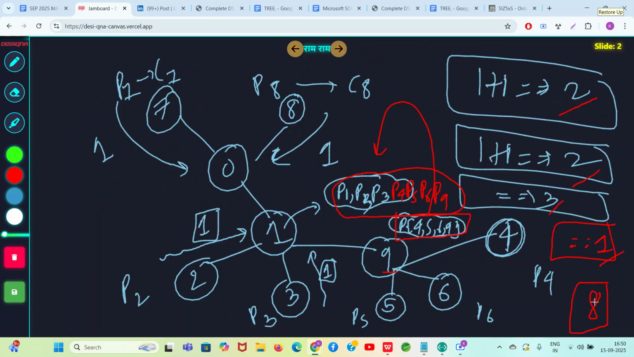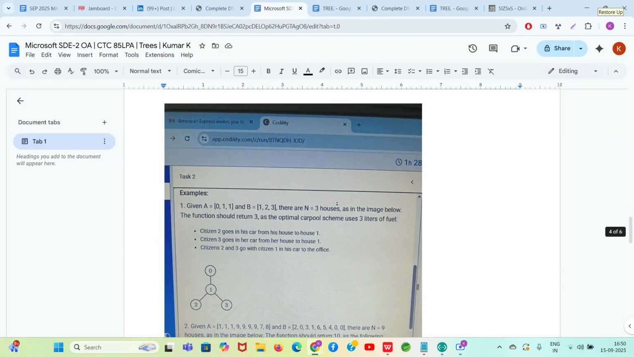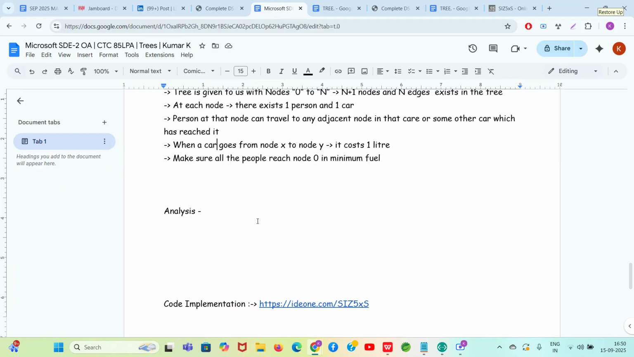So in total 8 plus 2, 10 liters, you can get the job done. Now how do we solve this problem? See, there is a special trick in OA and CP problems, okay? That special trick is that